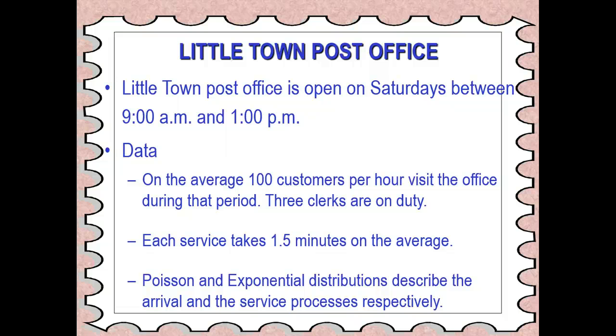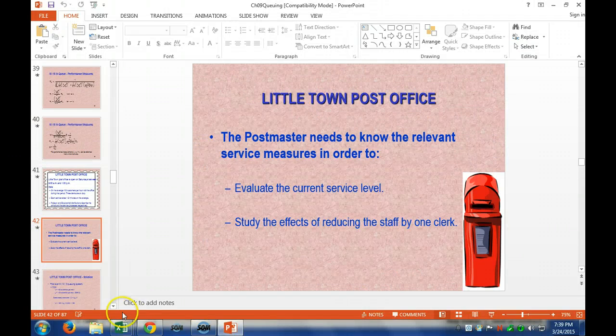It wouldn't be a problem if we only had one server, right? Because he is only kicking them out at 40 per hour and they're coming at 100 per hour. That means it'll never achieve steady state. But I think it told us we have a what? An M/M/3 queue, right? So let's take a look at that.